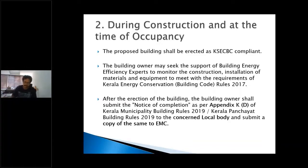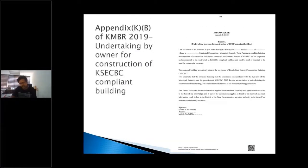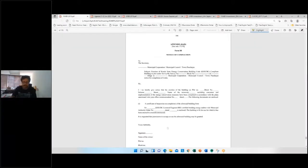There's a question that only owners should submit appendix KD after construction, so BE need not check after construction. I think you have to give the notice for completion. Yes, this has to be given by the owner only, right? And as I think Thompson or Shenem said, during the completion certificate, that thing is required. But then this is to accompany